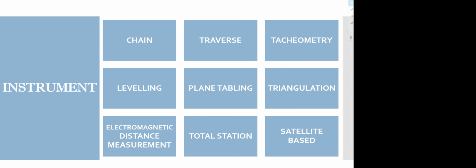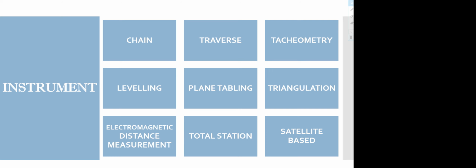So all these are a set of instruments which are going to do different sets of surveys. In chain survey, you will just measure the horizontal one, where you will have exact horizontal dimensioning. Then EDM is the electromagnetic distance measurement, where you can measure from a few meters within. Then you have satellite based, where you can take aerial imagery, and with that you can do all the surveying. So this is how the set is being classified.